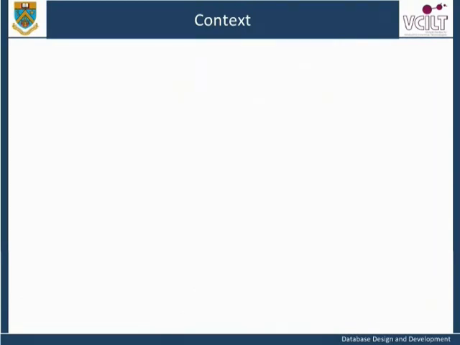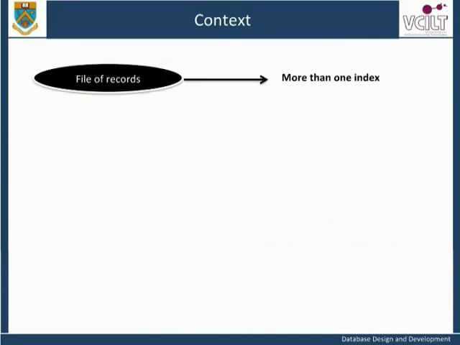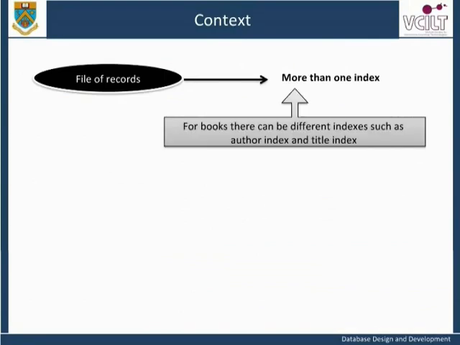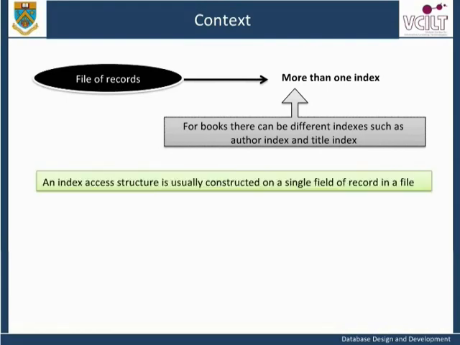It is worth noting that a file of records can have more than one index. Just like for books, there can be different indexes such as author index and title index. An index access structure is usually constructed on a single field of record in a file called an indexing field. Such an index typically stores each value of the indexing field, along with a list of pointers to all disk blocks that contain records with that field value. The values in the index are usually sorted, ordered, so that we can perform an efficient binary search on the